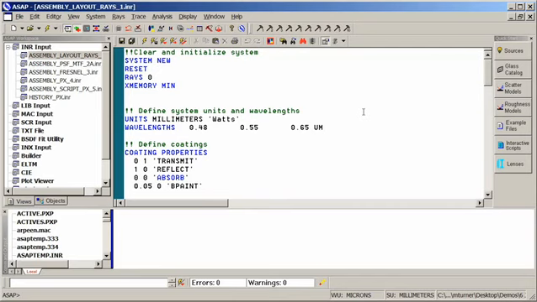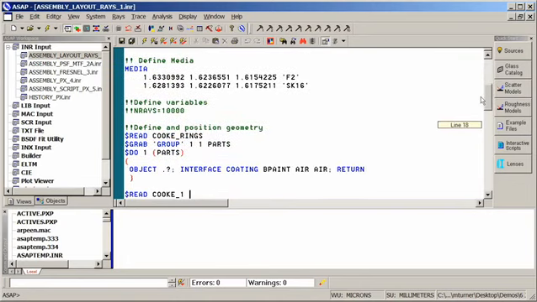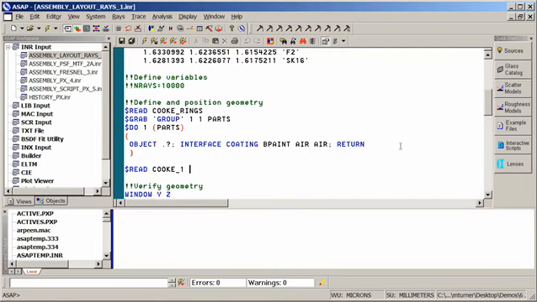Let's start by looking at our first file. In this particular case, I've already imported my mechanical geometry as well as my lens geometry. They've been saved as separate ASAP script files that I will read in each turn. And in this particular case, what I'm doing is applying properties to each of the surfaces, in this case to our mechanical mounting rings. And here I've applied a coating of black paint, or B paint, which is simply a